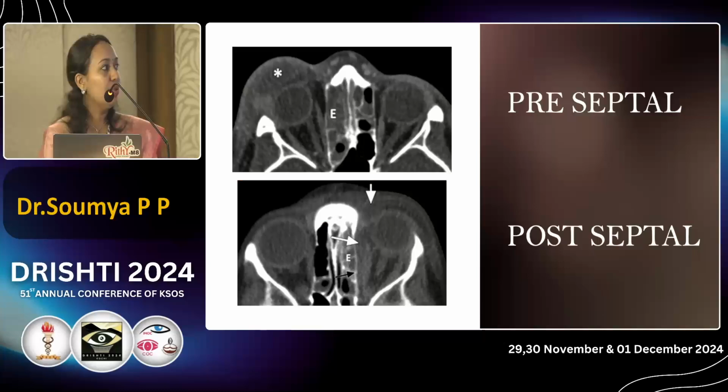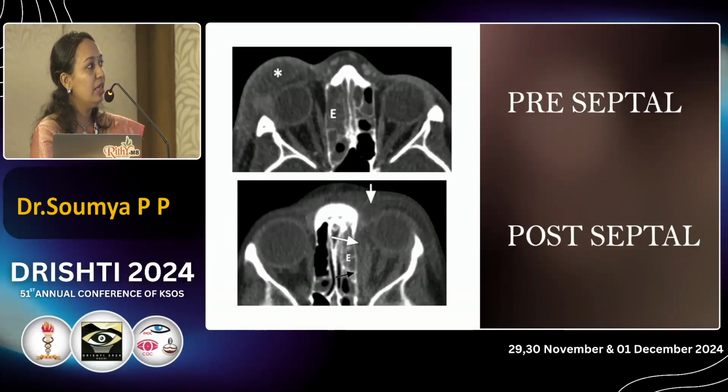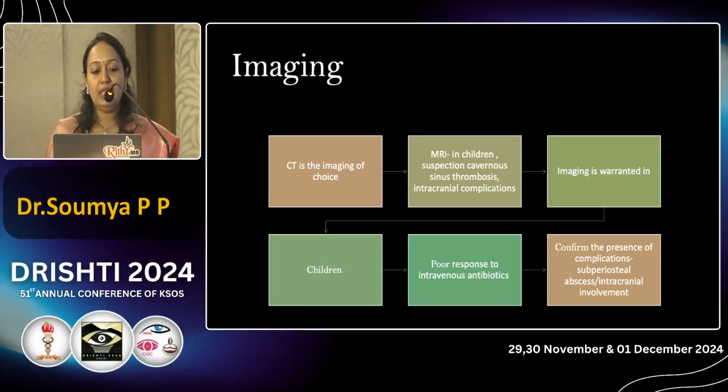In the first case, you can see the hyperdense areas are more anterior to the orbital septum, and there is also ethmoidal sinusitis. In the second picture, you can see most of the hyperdense areas are posterior to the septum, and sinusitis is also present there. CT is the imaging of choice. MRI is recommended in children to avoid radiation, and also when we suspect cavernous sinus thrombosis or any intracranial complications. Imaging is warranted in all cases of childhood orbital cellulitis, poor response to intravenous antibiotics, and to confirm the presence of